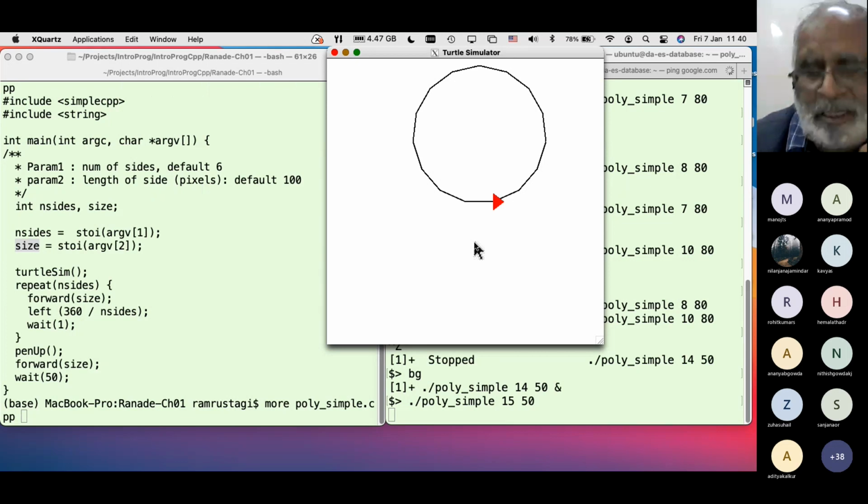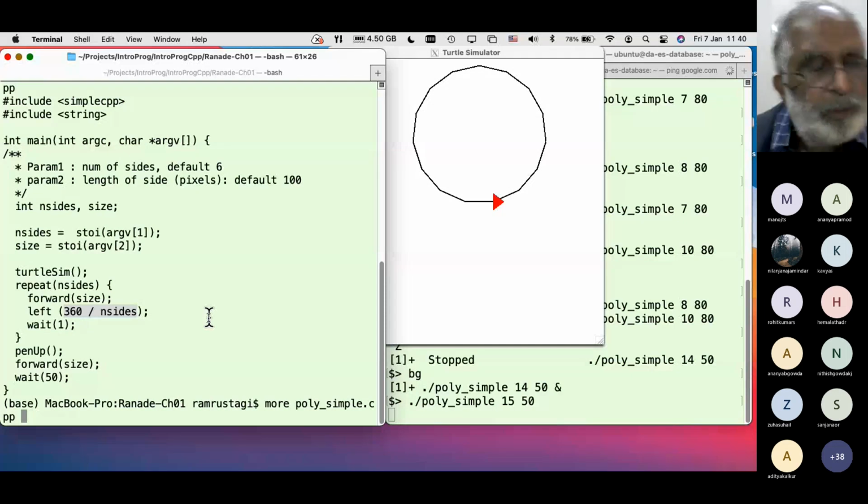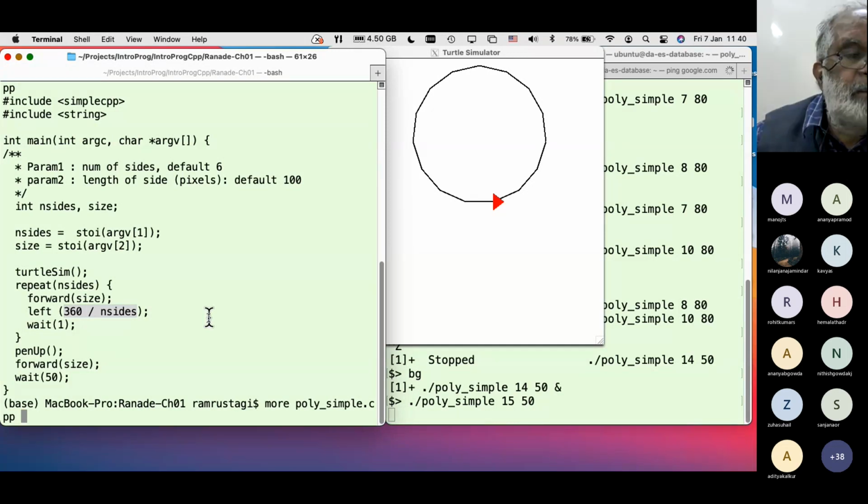Yes, that is precisely the point. I'm dividing 360 by the number of sides. Since it is not a perfect division, we only get the integer part. When I divide 360 by 7, I get about 51.4 or something of that kind.